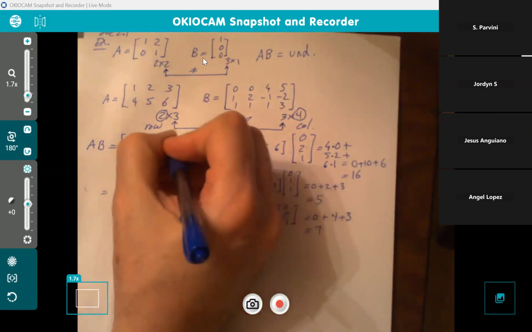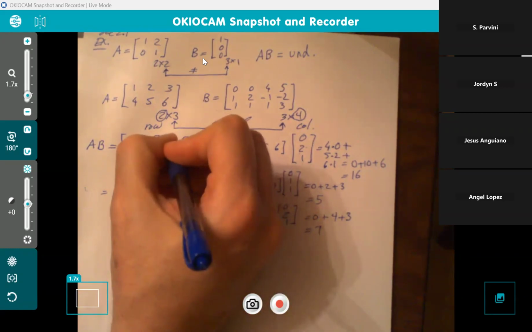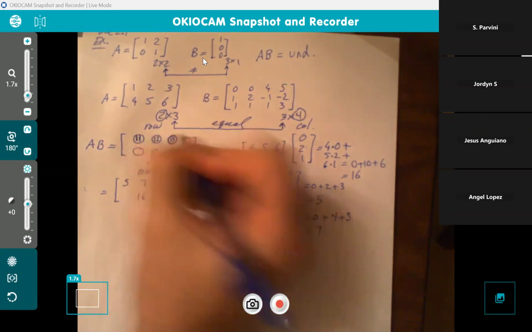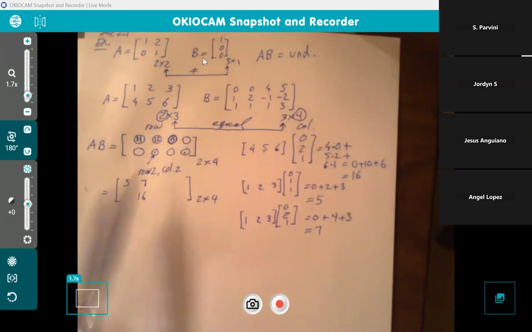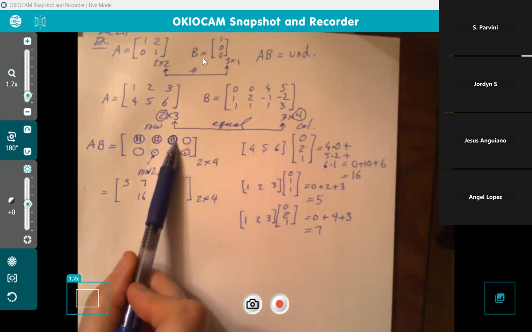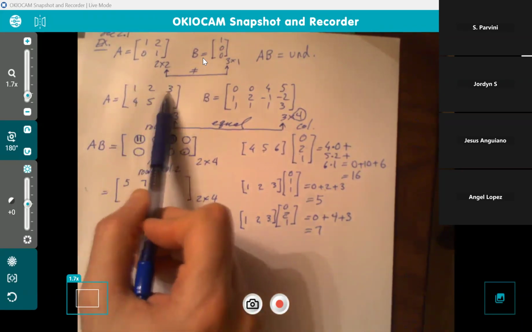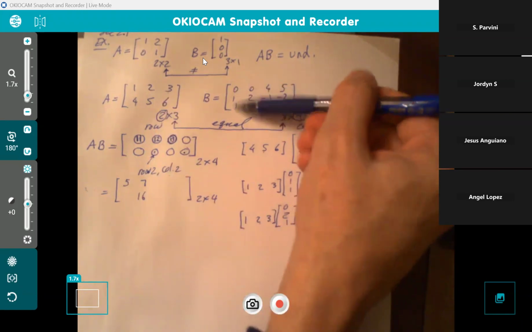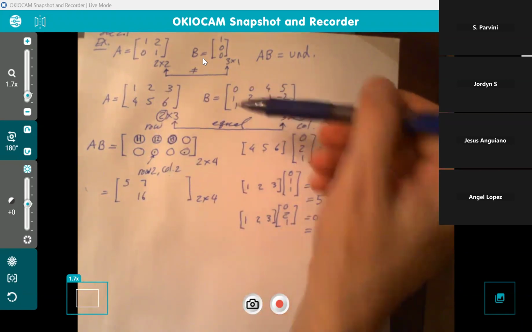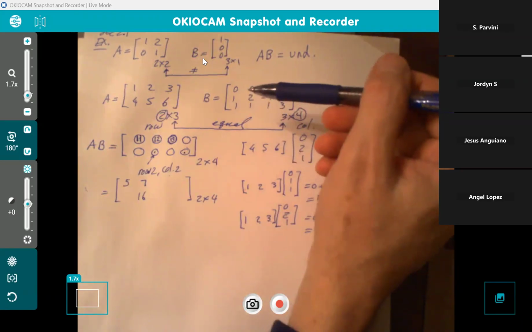Let's do this one. This element is in first row, third column. Right? First row, third column. So we're doing first row, 1, 2, 3, by first column, 0, 1, 1. Okay. Now for this one,